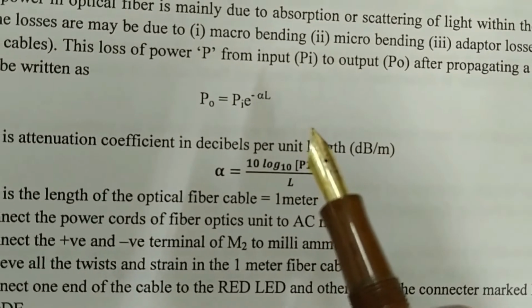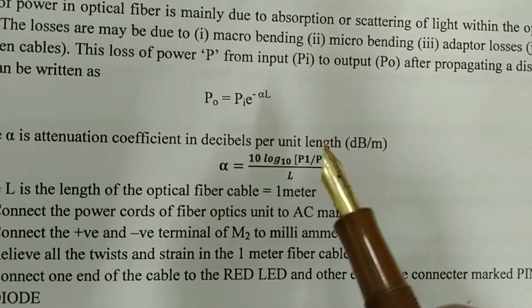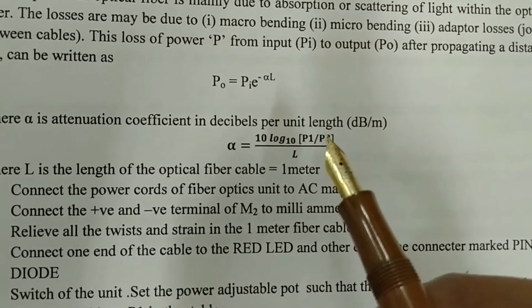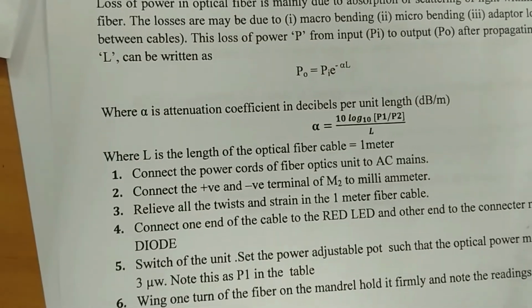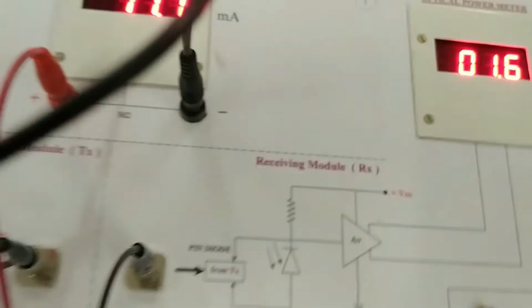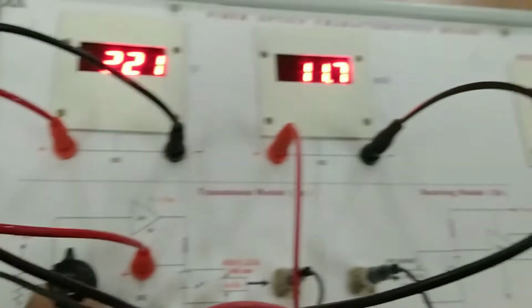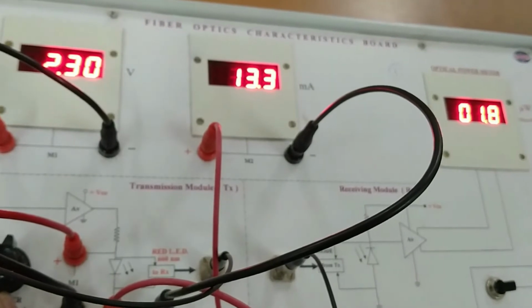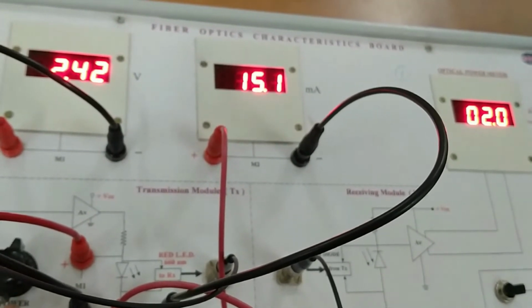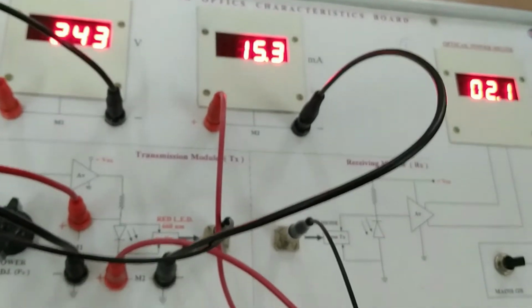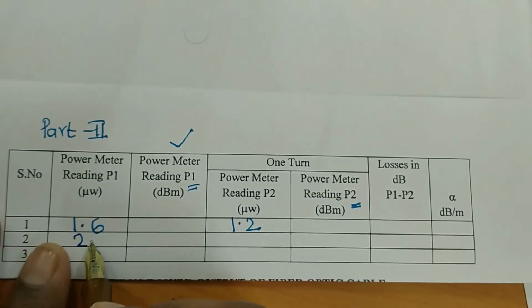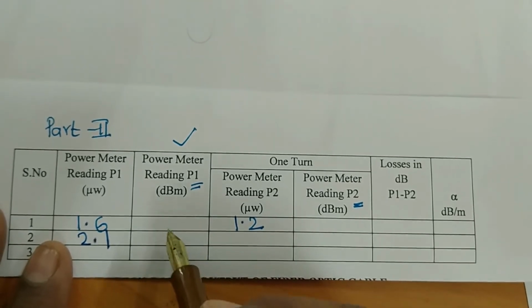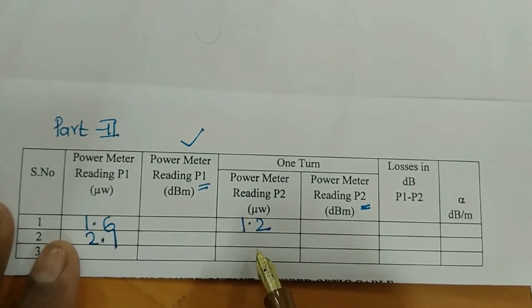So we are taking 3 readings in part 2 also. In the first reading we adjusted the power meter at 1.6 and we have taken the values. Now I change the power meter reading to a different value. By changing this knob, I am changing the power and increasing to around 2. Now it is 2.1. So note down this as 2.1 in the tabular column, and convert this into dBs,